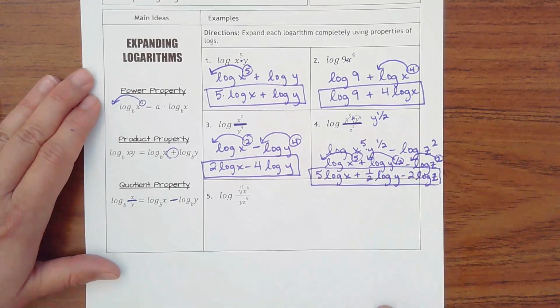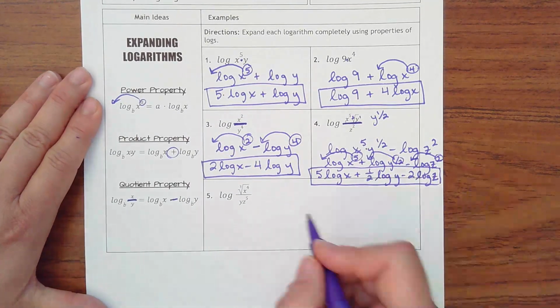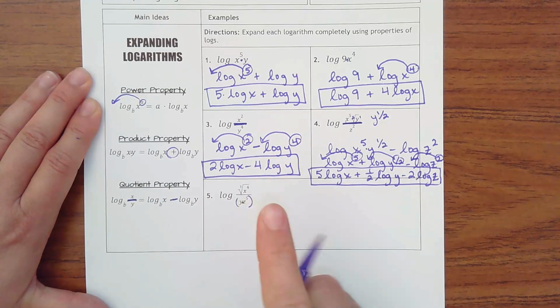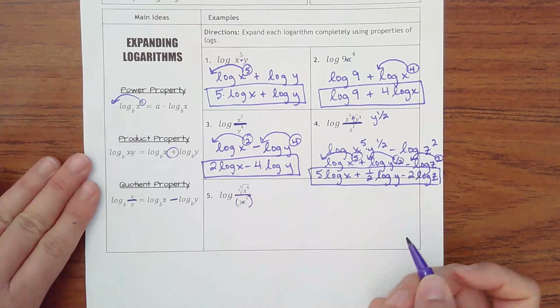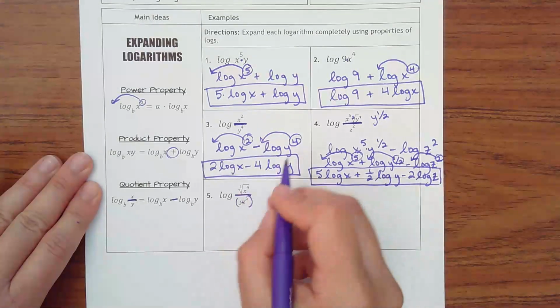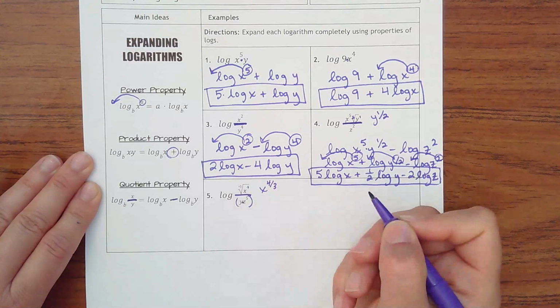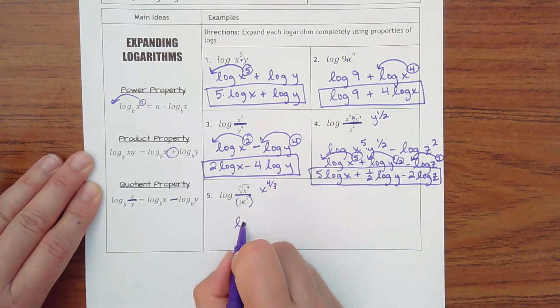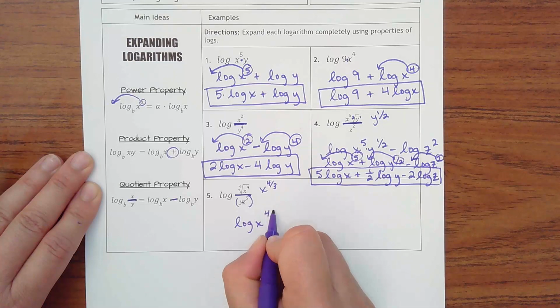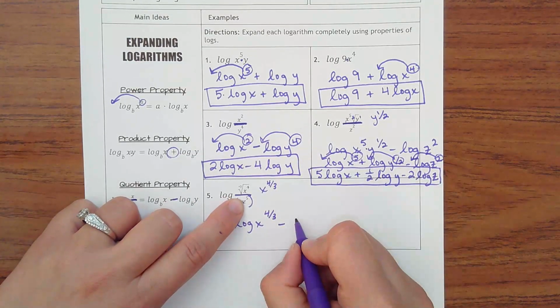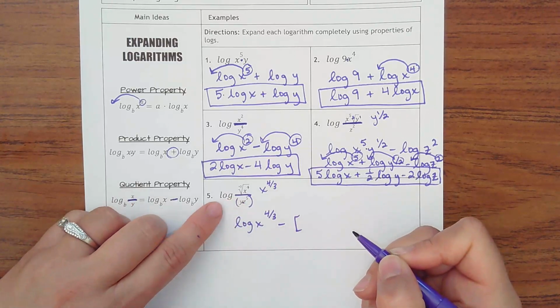Okay, last one can trick people because see how the two pieces are in the denominator? Those will come after our minus sign. So again, I'm going to change this radical into x to the 4/3 power. Okay, so I've got log of x to the 4/3, and then minus, I'm going to put brackets probably instead of parentheses. I'm going to have log